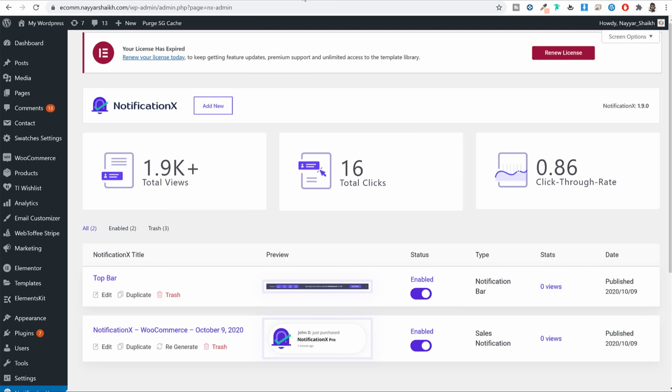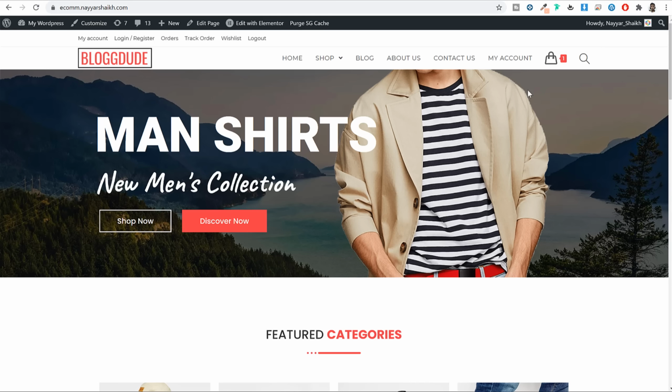You can use this thing for so many purposes. You can use this thing to improve sales on your website, and this also gives credibility to your website because you're obviously not Facebook or Amazon that everyone knows you, everyone believes you. Whenever a person comes to your website for the first time, they are hesitant whether I should purchase this product, whether they will deliver it, or is it just a scam. So whenever they see these kind of notices, it gives them some confidence and it builds credibility for your website. So that is really amazing. And also it will help you to grab your visitors' attention. So I found this plugin really helpful, and that is the reason why I'm recommending it to you.